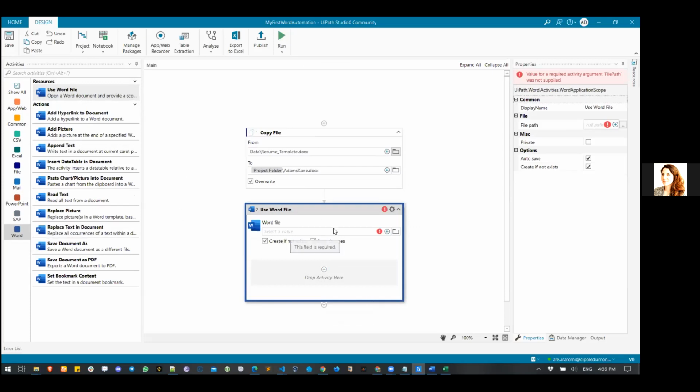So for everyone else, once you are able to bring in your use word file resource, then we need to indicate that particular file. Remember, like I said, if you're not good with